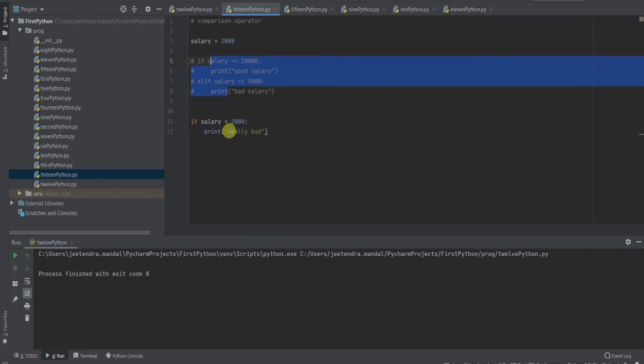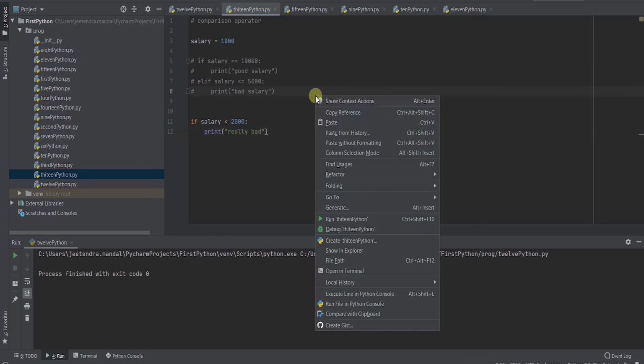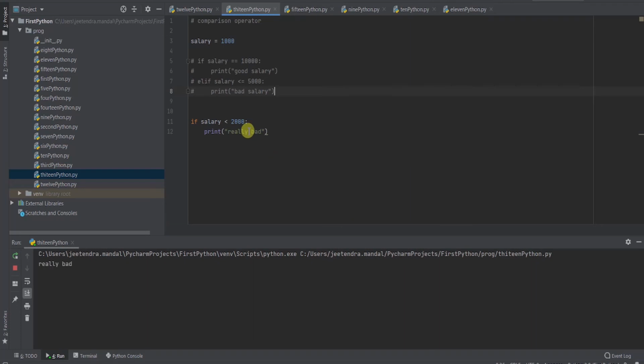So first of all, I'll run this. I've declared a variable salary, I've initialized it with value 1000. If salary is less than 2000, then print this. This is the less than operator. See, it's really bad. It gets printed because this returns true.